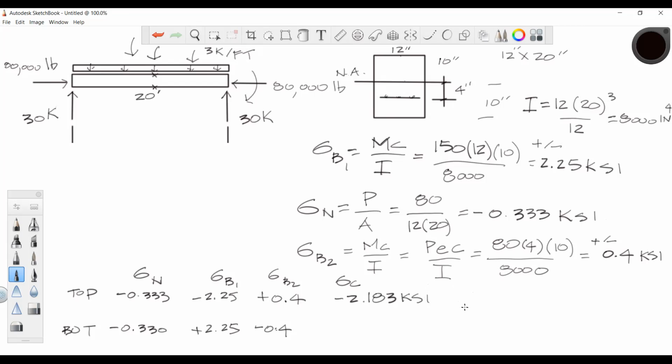So what that's telling me is that the top is in compression. If we add the bottom, we get a positive